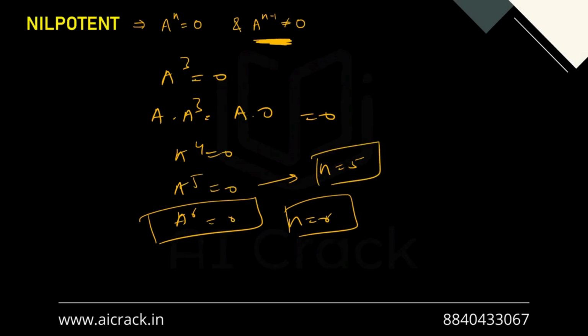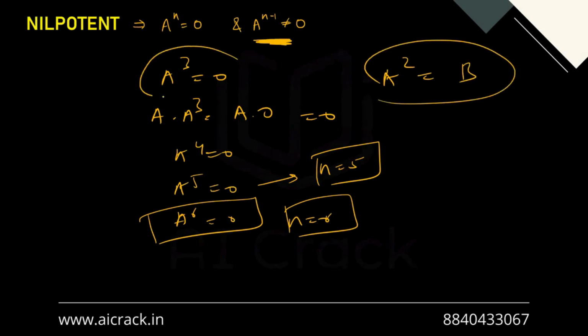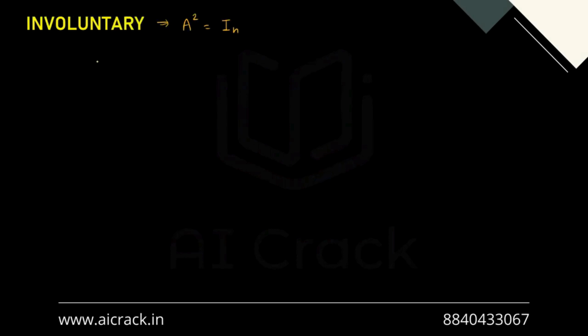So over here, A cube equals O, and we cannot say that A square equals O. So A square equals some, let's say, B matrix, and that is not a null matrix. If this is the case and this is the case, then n equals 3, and that is the correct answer for a nilpotent matrix, right? Then only we can say that n equals 3 over here. Okay. Now let us talk about the involutory matrix, and the condition is A square equals I_n,